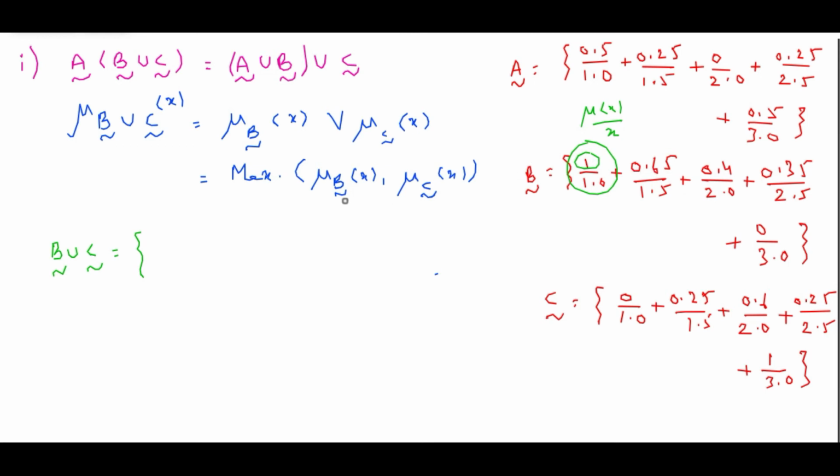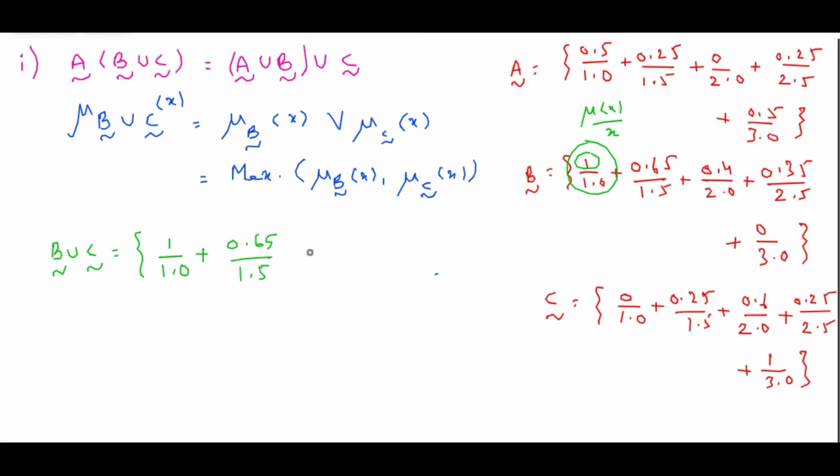So now let's go ahead. If x is 1, mu B of x is 1, and mu C of 1 is 0. So 1 and 0. So what is the maximum of 1 and 0? Obviously 1. So this value will be like this. So please try to understand. I will explain once again for value 1.5. Okay, for 1.5, mu B of 1.5 value is 0.65 and mu C of 1.5 is 0.25. But I need to find the maximum out of these two. So that will be 0.65